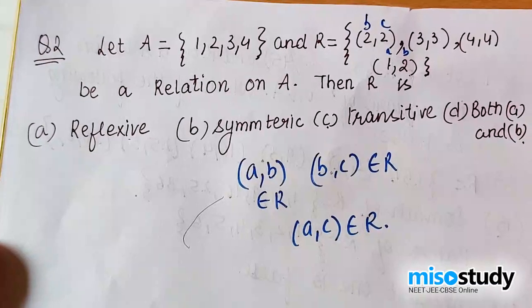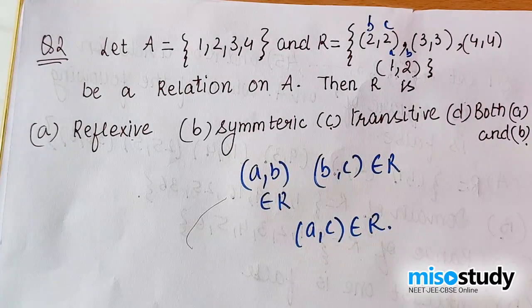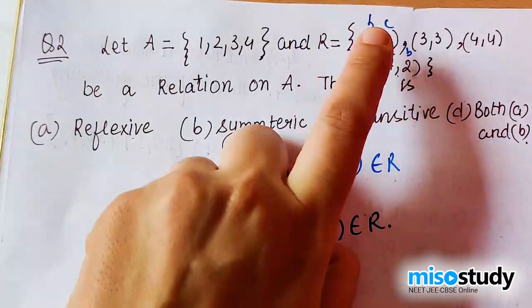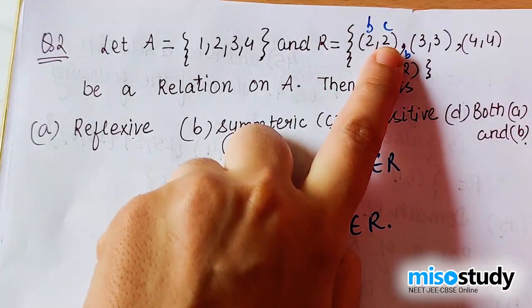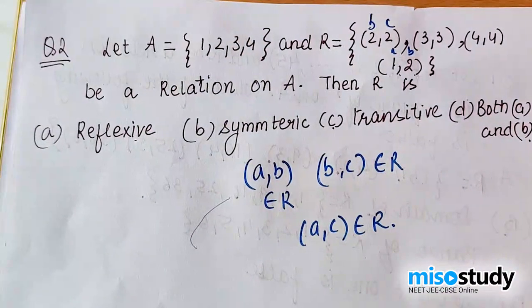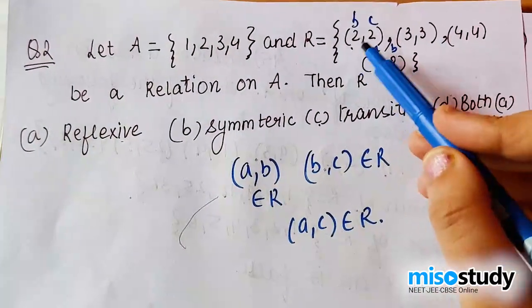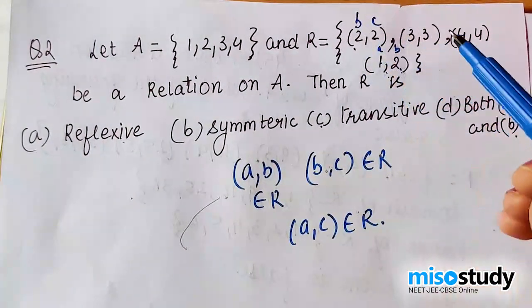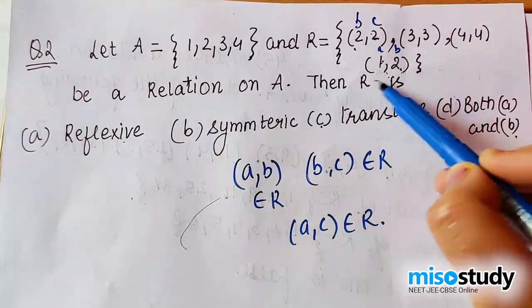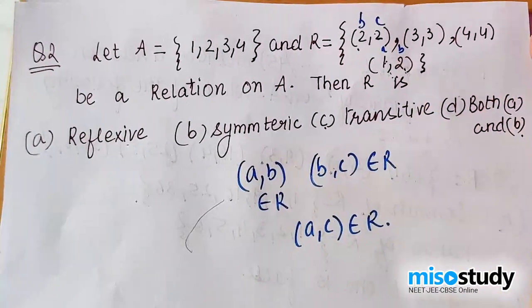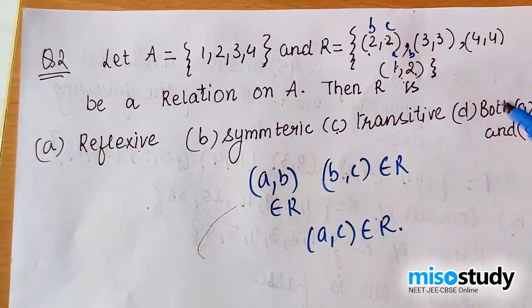Some of the students say that we have AB but we don't have BC. How can we check for transitive? But this is transitive because there is a possibility of B and C to be equal to each other. That we have to take for sure. So A is linked to B, B is linked to C, in which these two are equal. Then you must have A linked to C. So 1 is linked to 2 for sure. It's there only. So we will call this a transitive relation.